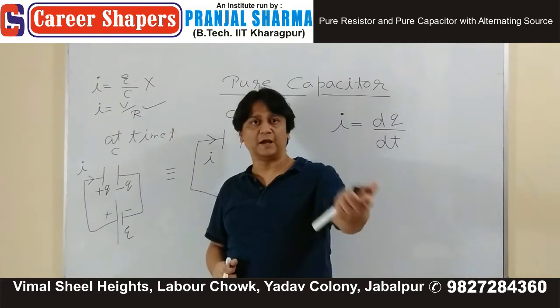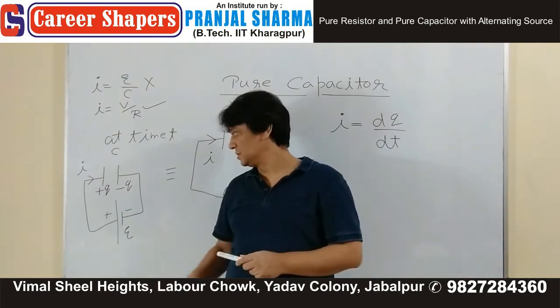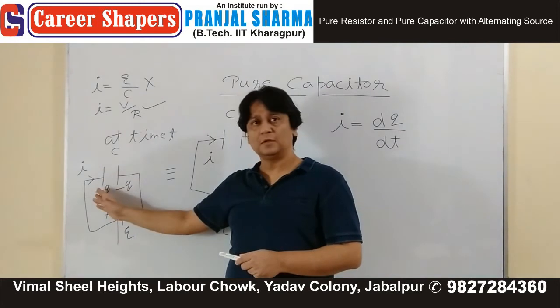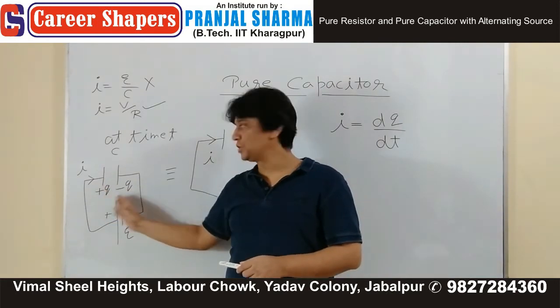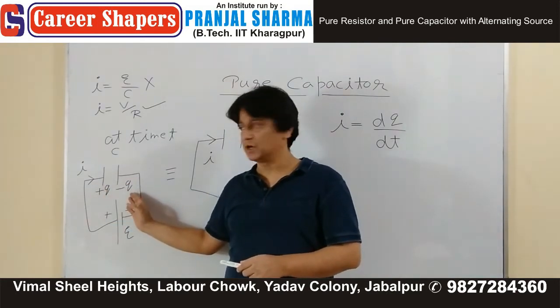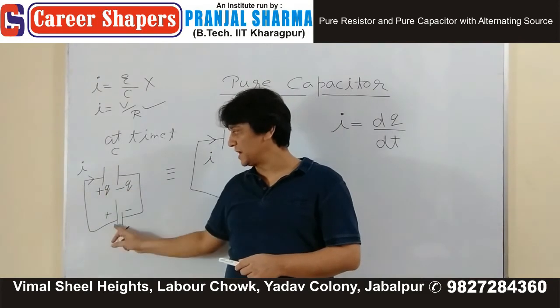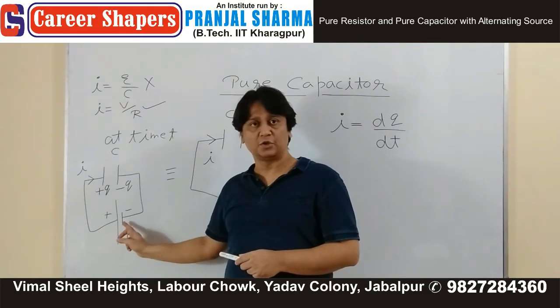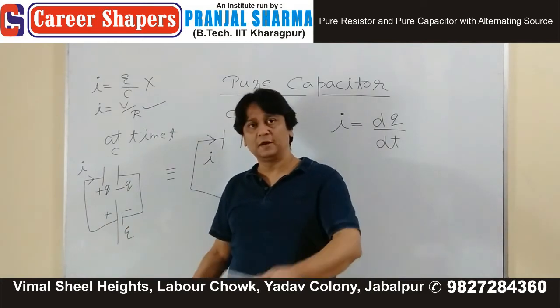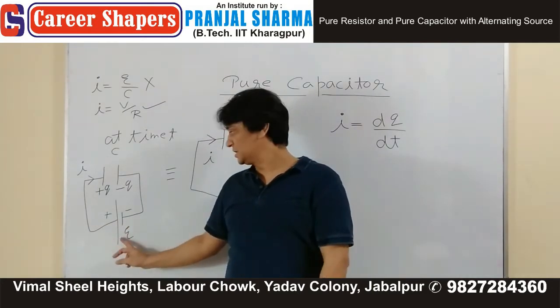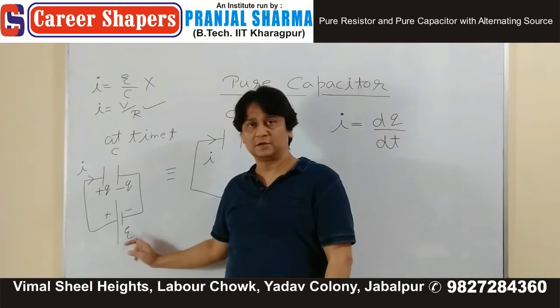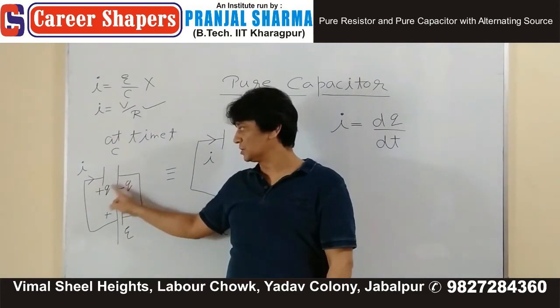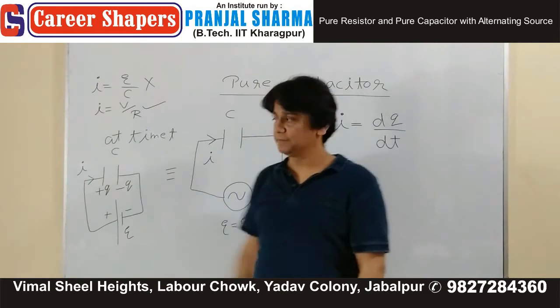Something we have already done in capacitors. You have a battery, positive plate has got plus Q charge, negative plate has got minus Q charge. Positive plate means the plate connected to the positive terminal, negative connected to the negative terminal. After some time its polarity will reverse, this will become positive and this will become negative. But